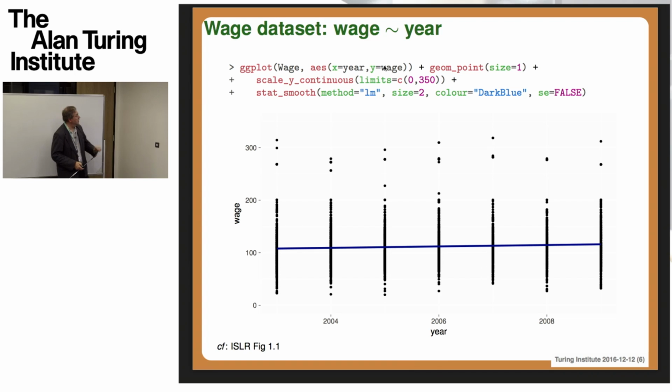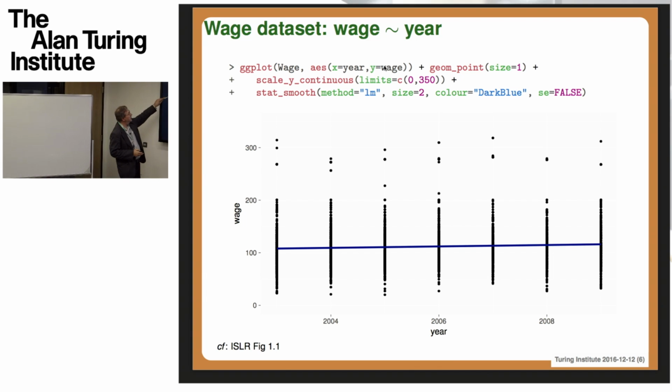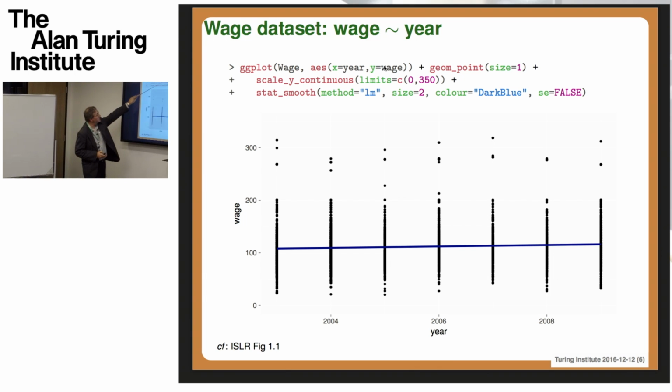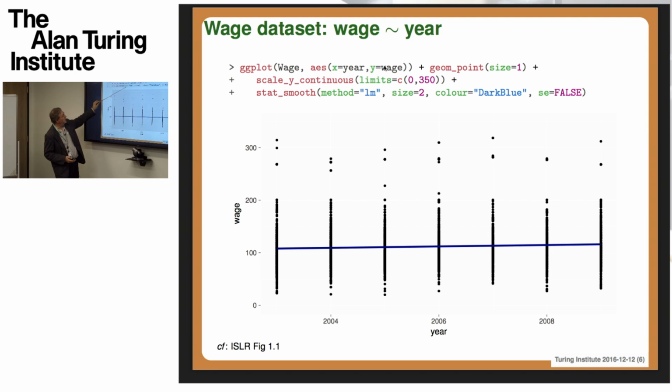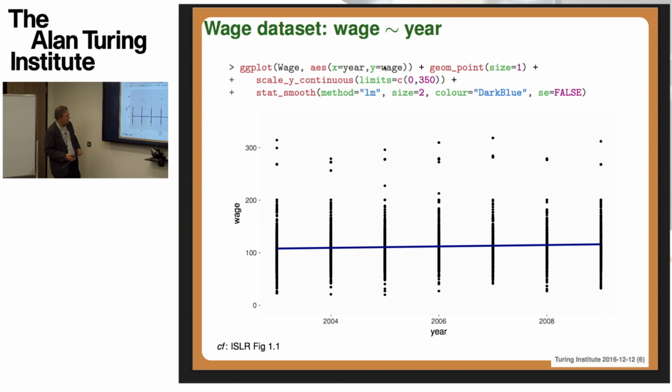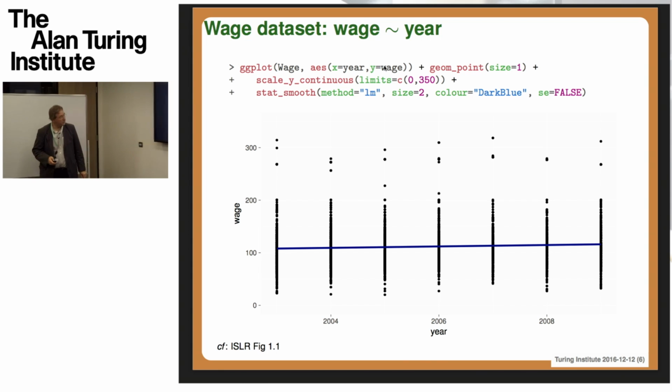Okay, so I won't dwell on this one, except to say now that we're using year instead of age. So we have wage data every year shown here, and a smoother which is given by linear regression, so the LM model, linear model. There's a slight upward trend, inflation in wages.